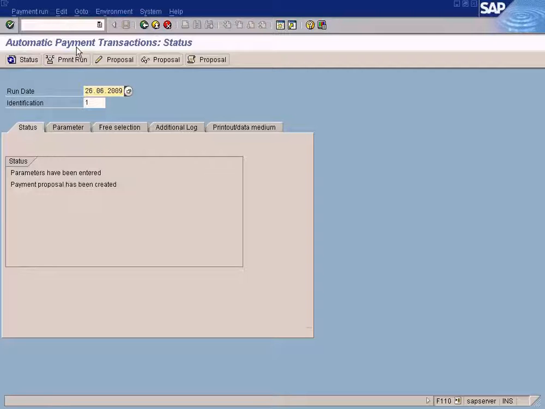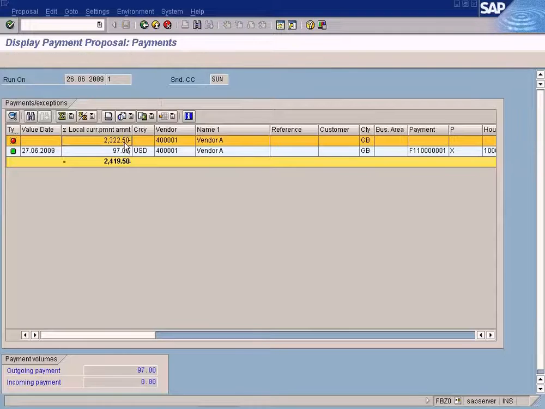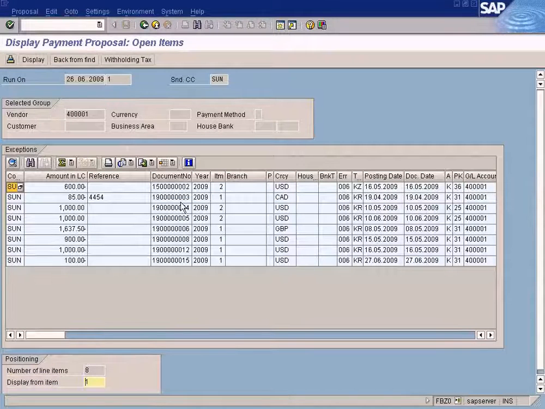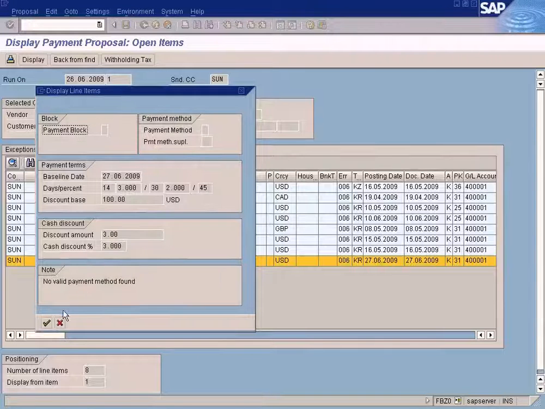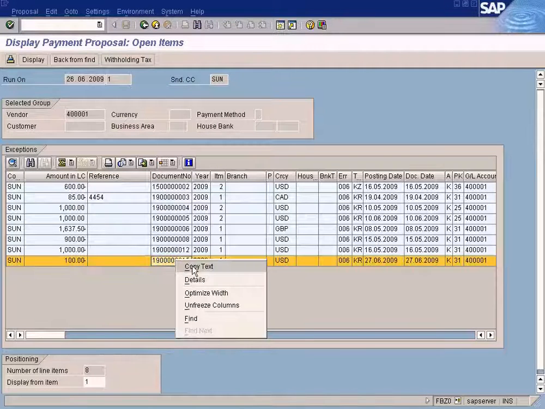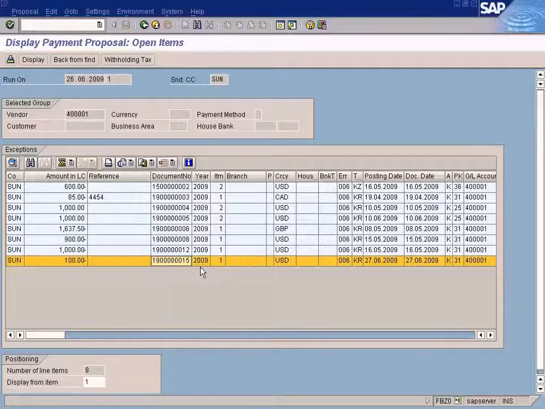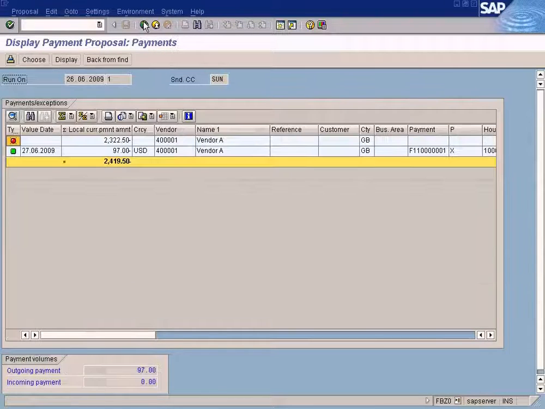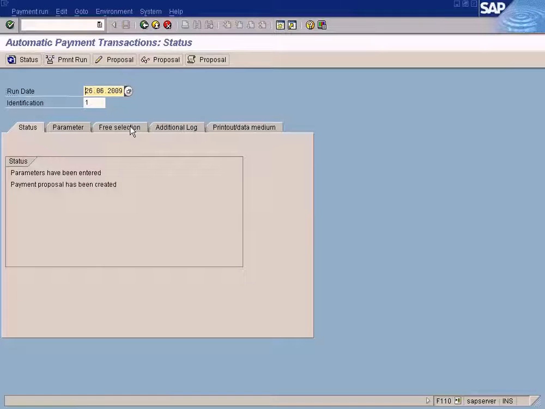Go to free selection. I'm going to filter by the document number which is of our interest. Let me copy the document number first. I'm not interested to see the detail log for all these documents. I'm only interested to see this one. So I'm going to copy this. I right click, and if you right click, you'll get this pop-up menu. Just copy text, go back